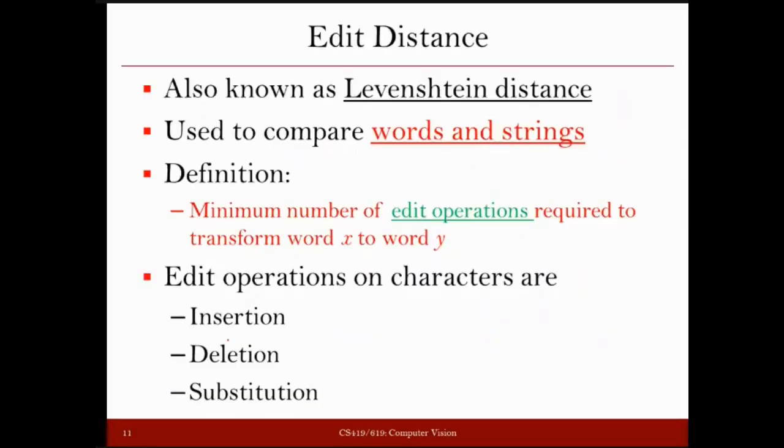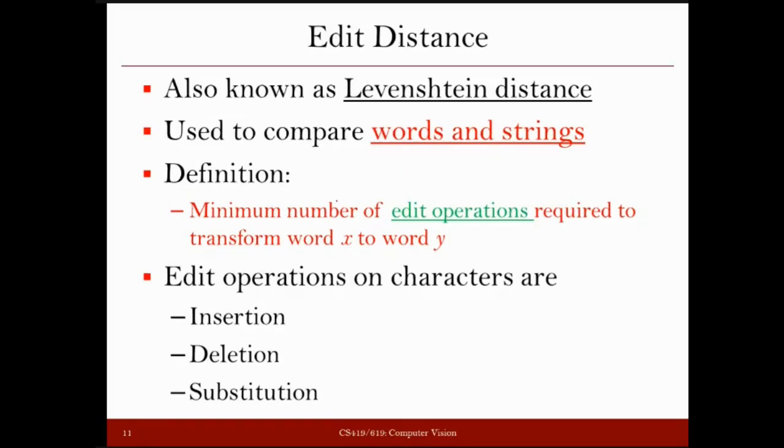Now let us discuss another distance measure, edit distance, and this is mainly used for comparing words and strings. This was given by Levenshtein, so it is called Levenshtein distance. In this distance measure, as we are comparing words and strings, when two words are given we want to find out how different they are, whether they have exactly the same characters or different characters, and if different, how many.